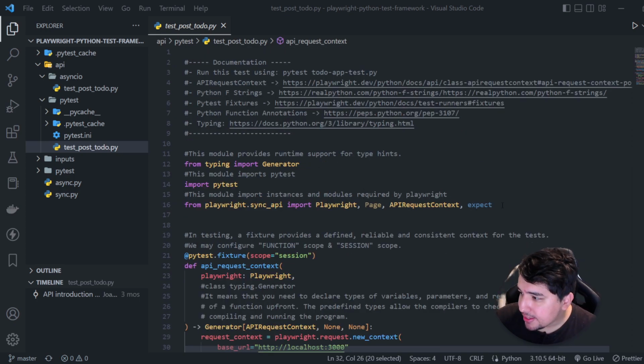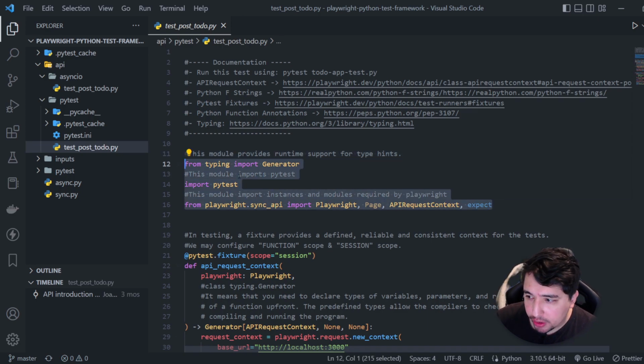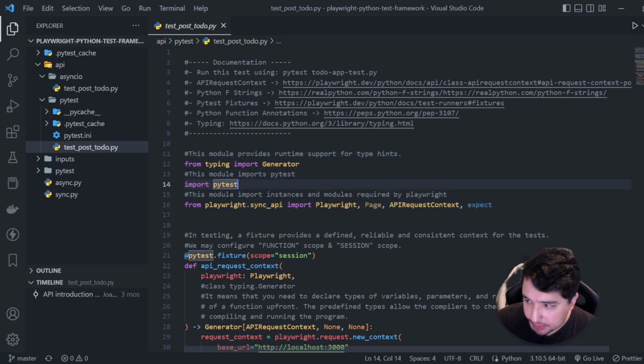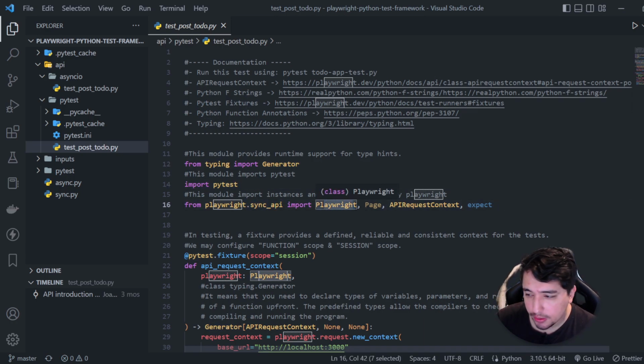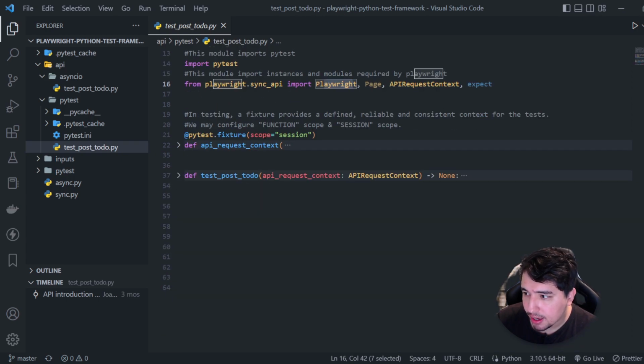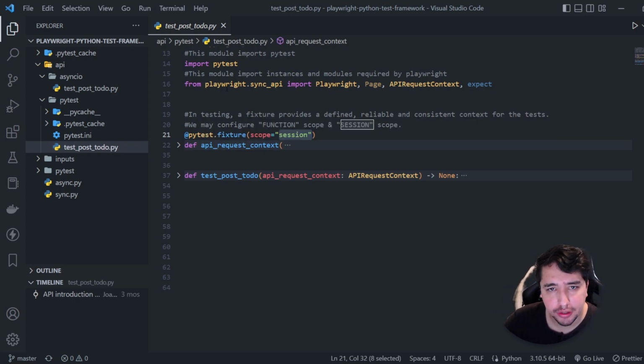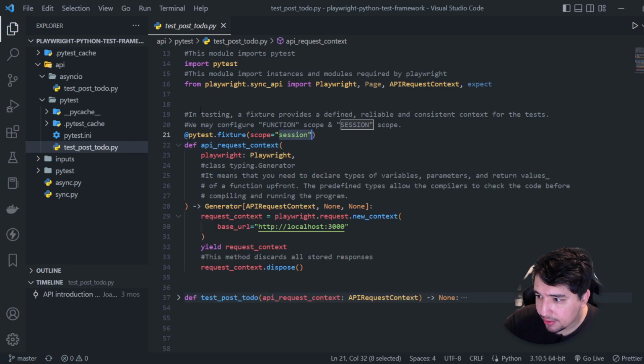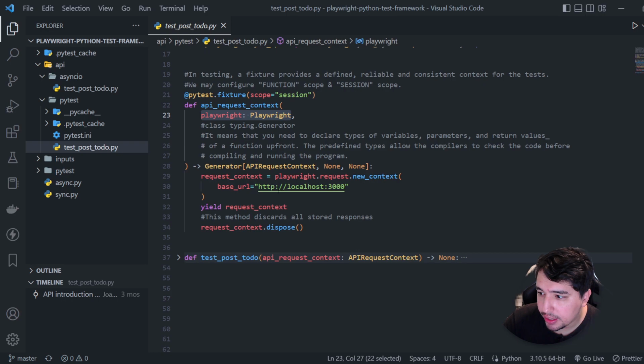Okay, let's do it. You can see that here we are importing some of the stuff that we need. We're importing typed pytest, using the sync API, and so on, right? That's amazing. Then we have a fixture here, which is a session fixture, right? We have reviewed what a fixture is already, and in the function here we have a new function named API request context, right? And we are sending the Playwright context here, and what we are doing is basically setting up the